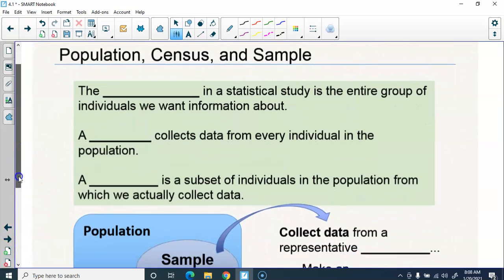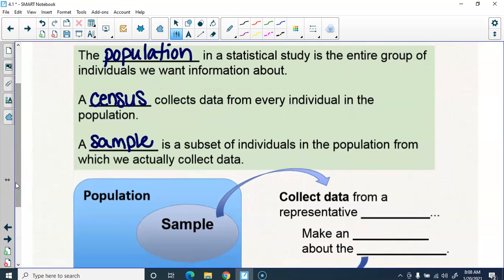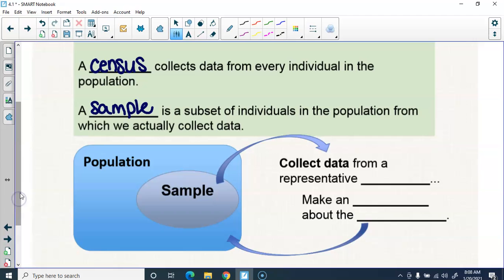So let's start by talking about a few vocabulary terms. The first is population. The population in a statistical study is the entire group of individuals we want information about. A census is if we're taking information from every individual in the population. A sample is a subset of people in the population that we actually collect data from, which is more realistic because generally our population is large and it would take a tremendous amount of effort and time to take a census. So we take a sample,